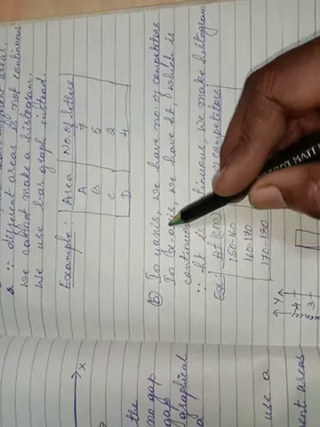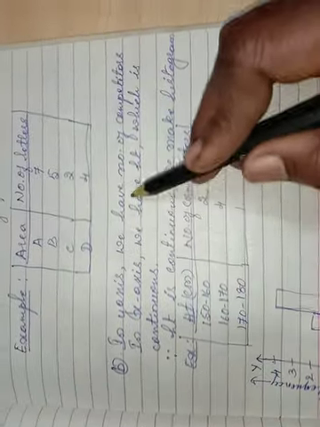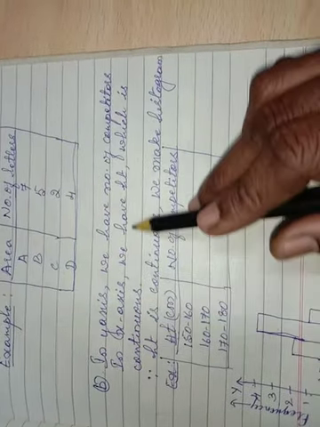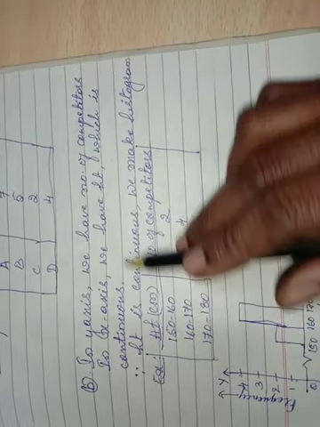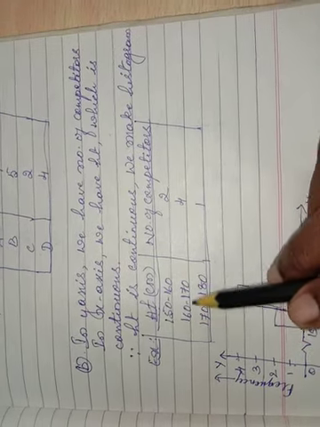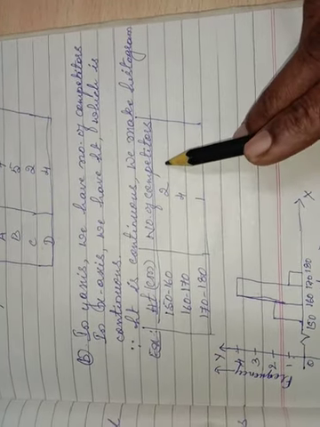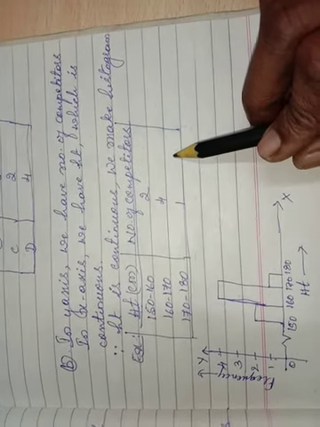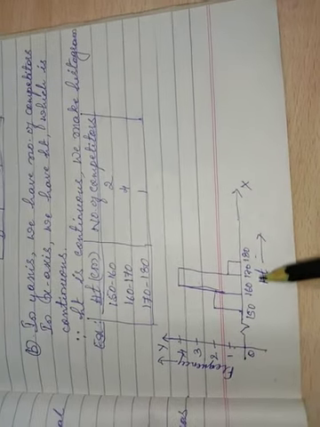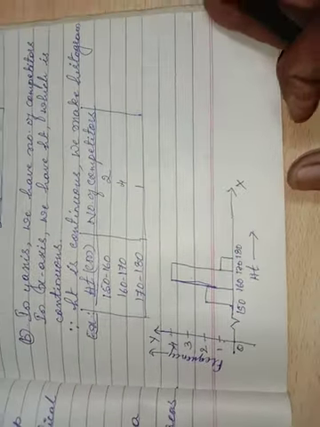Okay, next is the y-axis. Next question, what is the next question? See here, the height of competitors in an athletics meet. In the y-axis we have the number of competitors, in the x-axis we have height, which is continuous. For example 152, 160, 162, 170, 172, 180, like that, 2, 4, 1. Therefore height is continuous, so we can make a histogram. Okay, so you can see here the histogram, understood? Towards the x-axis is height and towards the y-axis the number of competitors. Okay, understood? This is B.